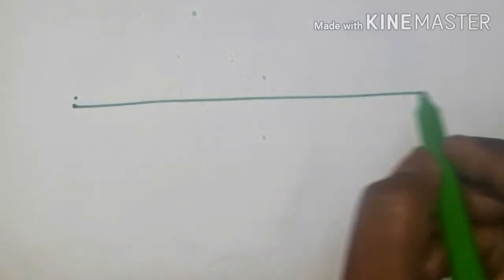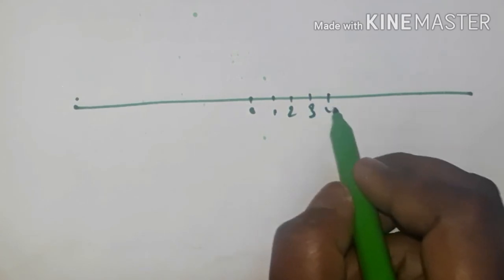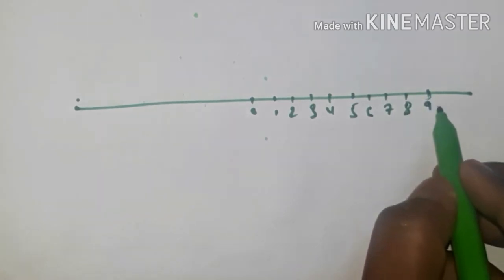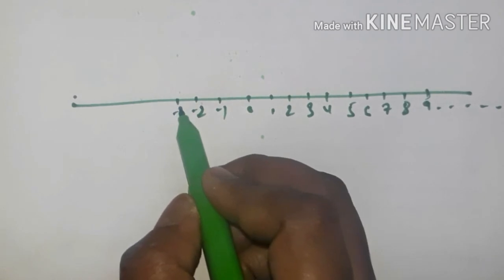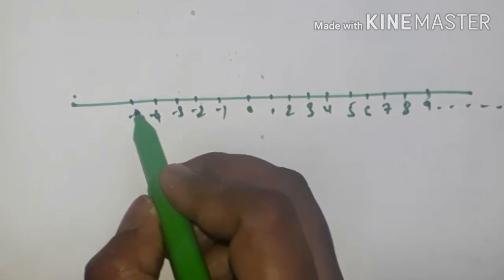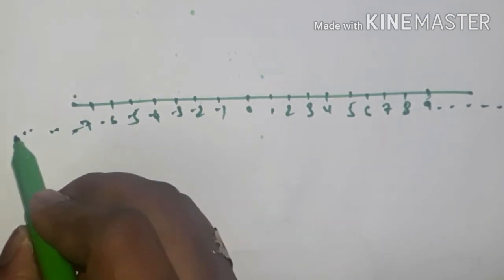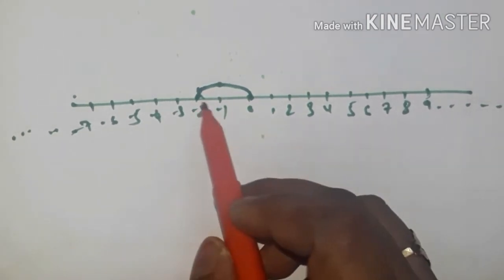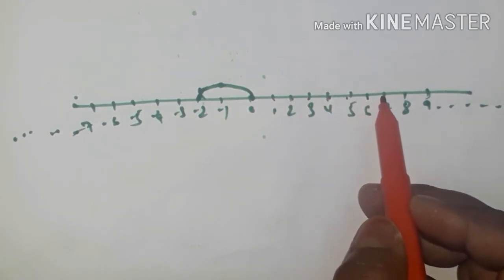Draw a line. On the number line, we have to move 2 steps left of 0, because first we have minus 2. That's why we have to move 2 steps left of 0. That is, from 0 to minus 2 we have to draw a line, and for plus 9 we have to move 9 steps from minus 2. That is, we will reach 7.